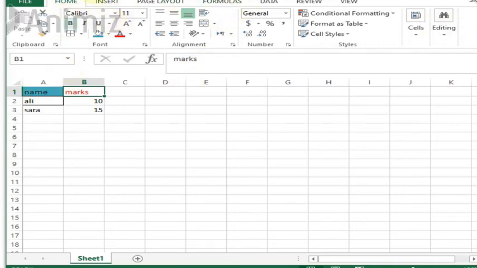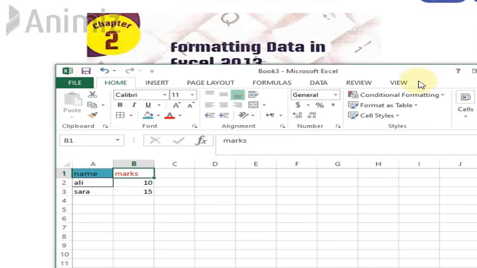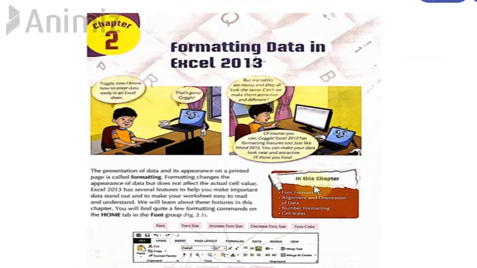The home tab has different ribbons, and each ribbon has different groups, and each group has different buttons which are used for different purposes. So in order to change a font, we are going to use this font group in the home tab. All right, so if you have Excel at home, then you can practice it at home. As of now, I'm just going to stop over here, and I'm going to give you time so that you can revise this at home.